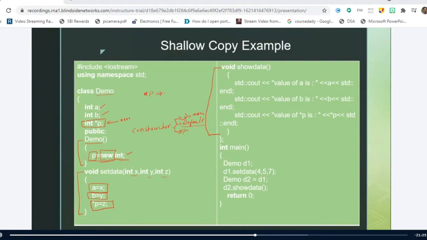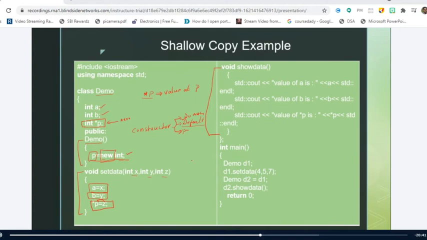Star p means you have to read it as value at p. You will come across these terms in the pointers concept in the C programming language. So whatever value you want to store at p, you can refer to it by using star p. So I'm assigning the value of z to value at p. So this is just setting the data of three members a, b, and star p with x, y, and z respectively.